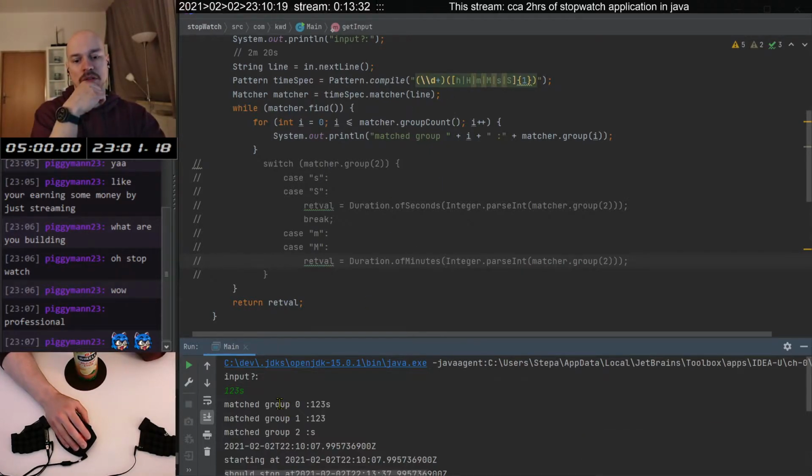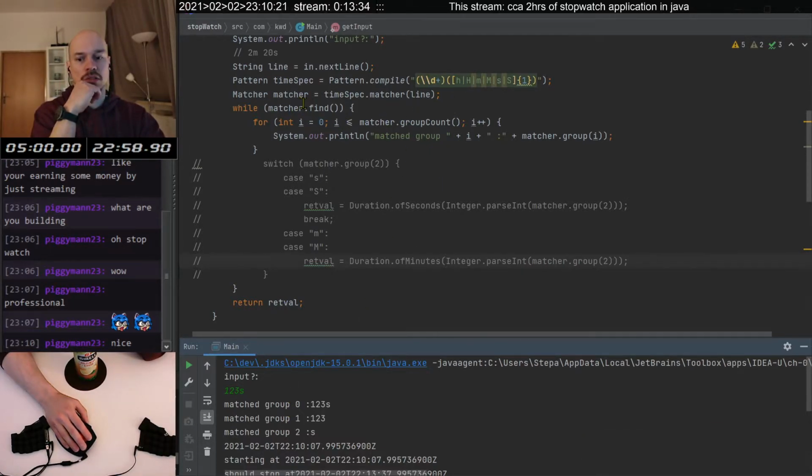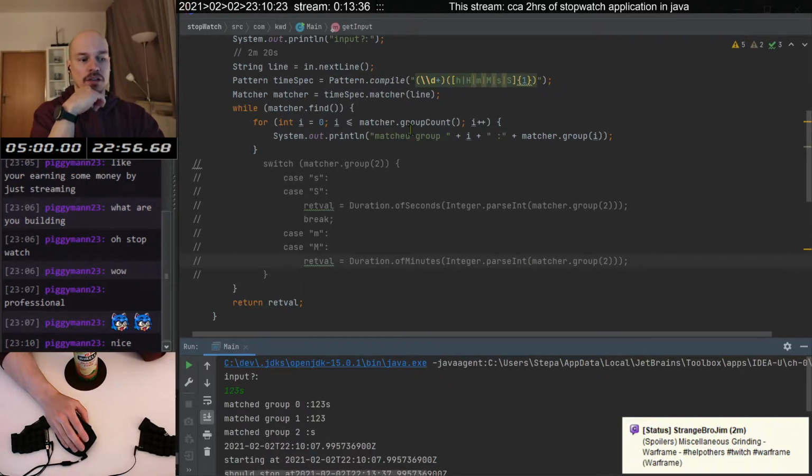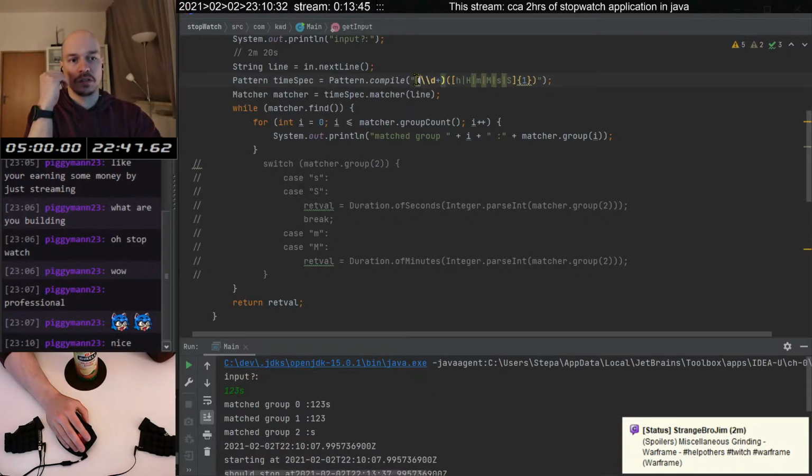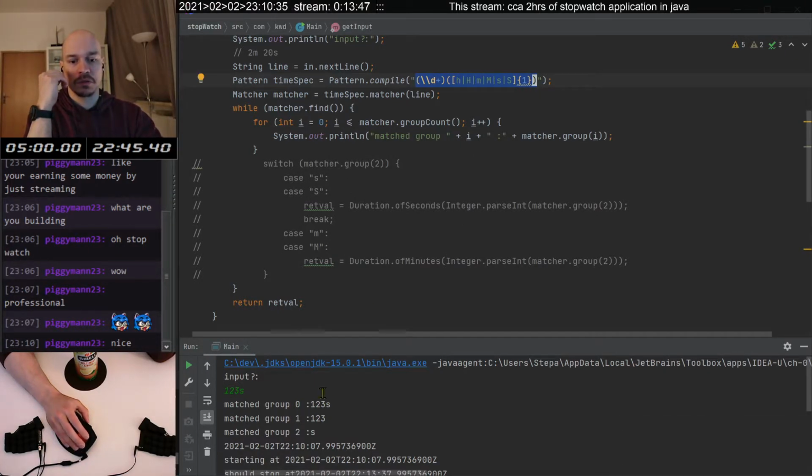So here we have our matcher, which finds all of the matches in the line, right? And it divides it into groups, which we can use. By default, everything is group 0, so that means digits and letters. Then we have this in the parentheses, and that is group 1, and here is group 2, which is